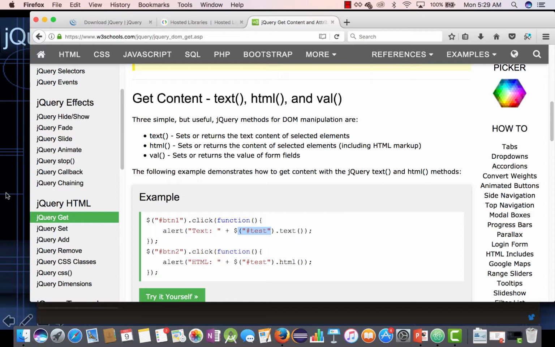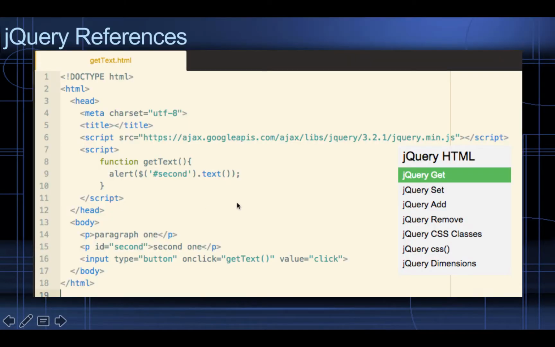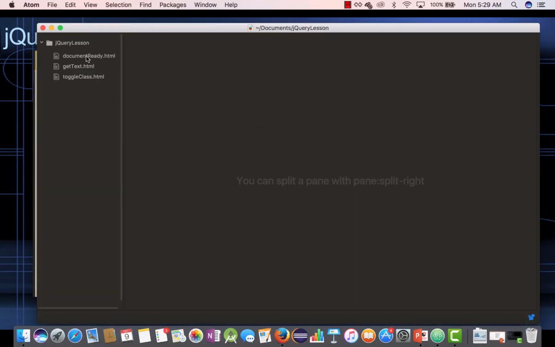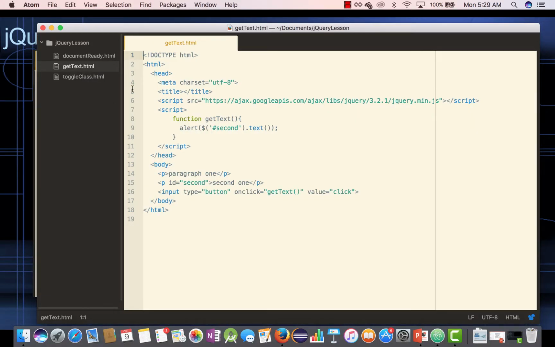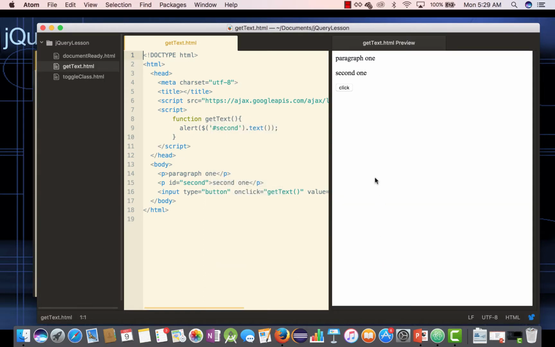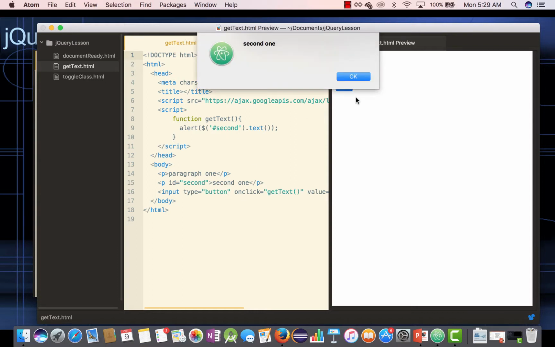So I'm going to go back to my example. Mine is a little bit simpler than that, and it's simply saying run this function and get that text for the ID of second. So I'm going to go into Atom and pull up get text. And this is the exact same code, preview in HTML just to make it easy. And so the idea is if I click on this button, alert, and sure enough, it does just that. Okay,